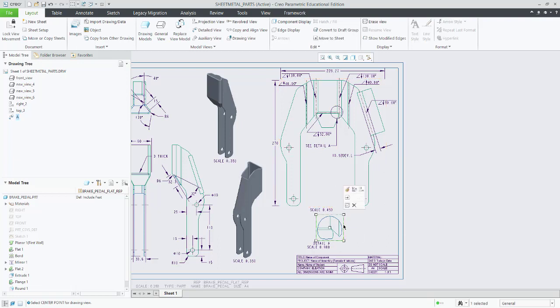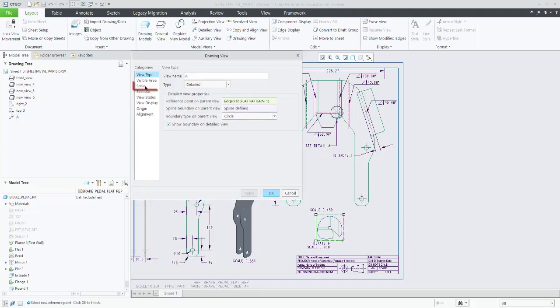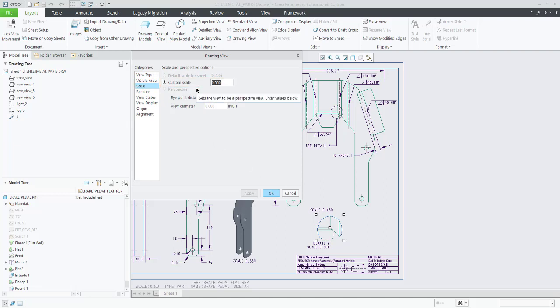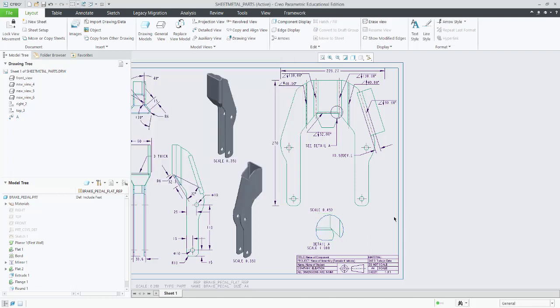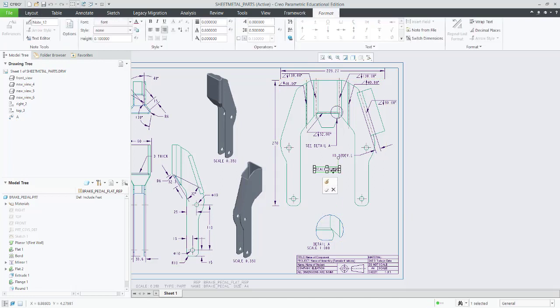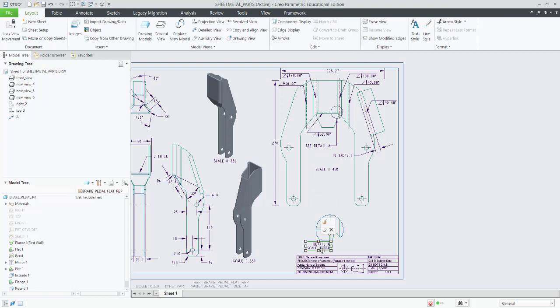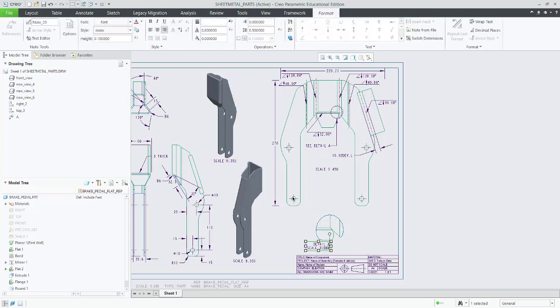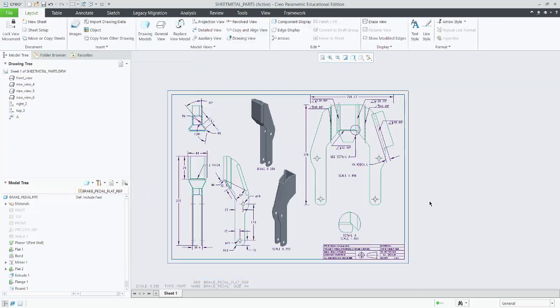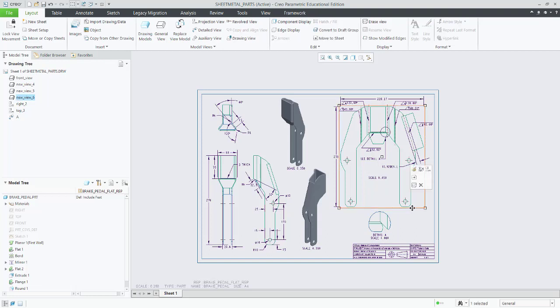Now we will go to this detail view, double click on it. We will first change the scaling to a custom scale, and for this custom scale I'm going to use a value of 1. Apply and OK. So this detail view is also done. Now you can rearrange these notes however you like. So I will also make sure everything is at the middle, so text is aligned at the middle. So here we are done with the model dimensions and the annotations.